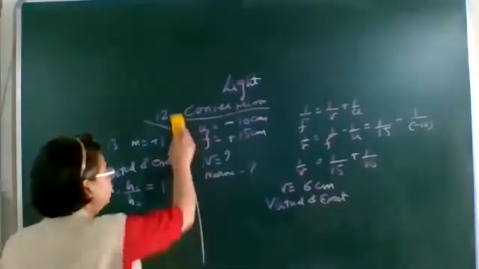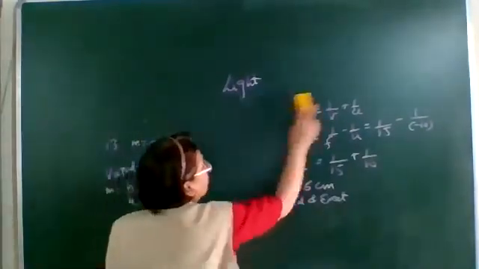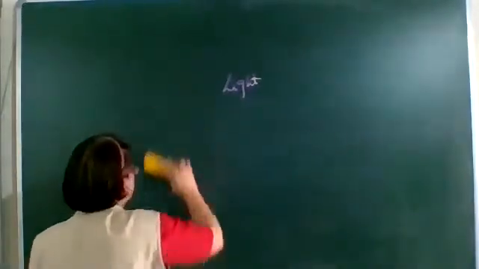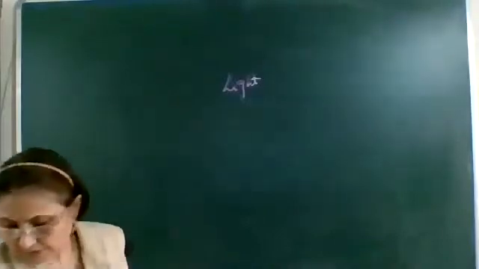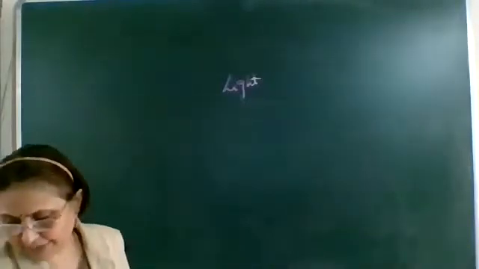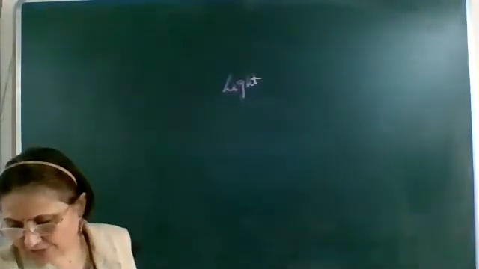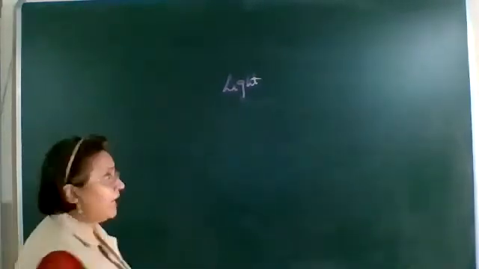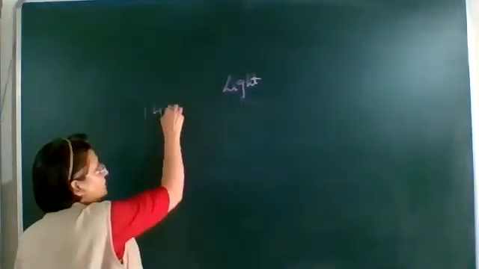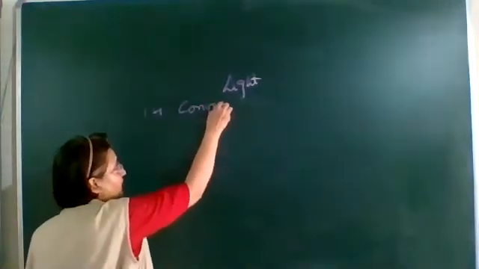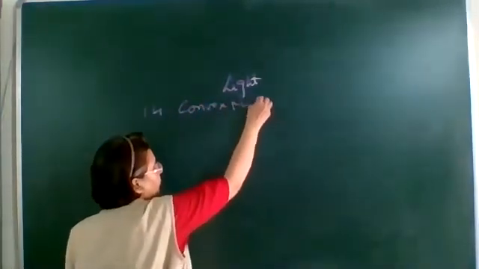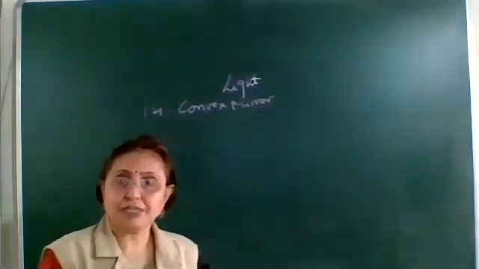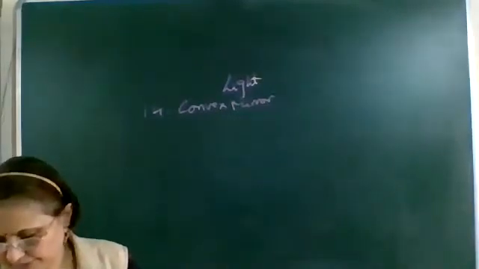Question number 14. In question number 14, first we'll write the mirror. Which mirror is it? An object 5 centimeter is placed at a distance of 20 centimeters in front of a convex mirror. Again, this mirror is a convex mirror. So first write down convex mirror. Because for the focal length and everything, convex mirror means its focal length will be positive.